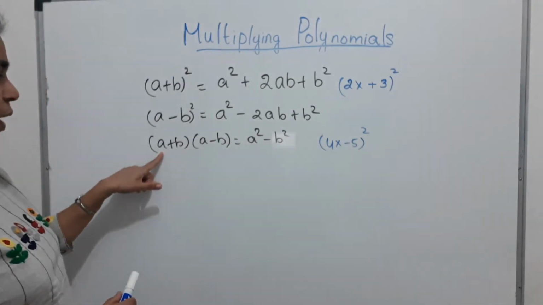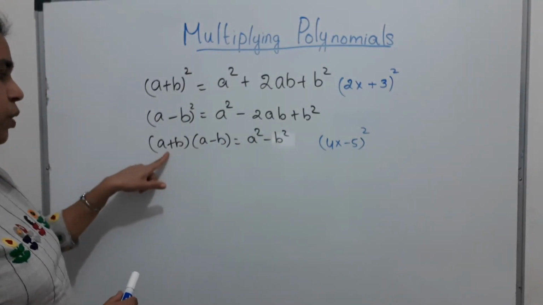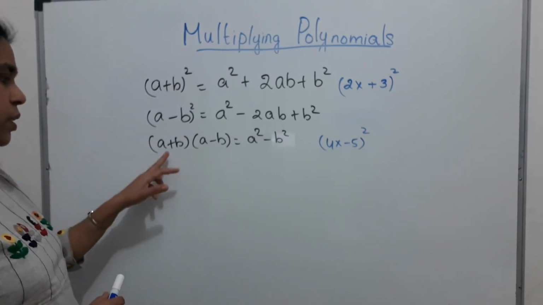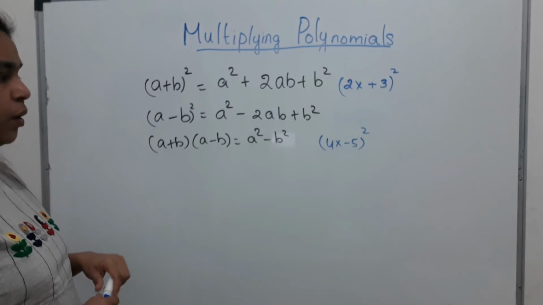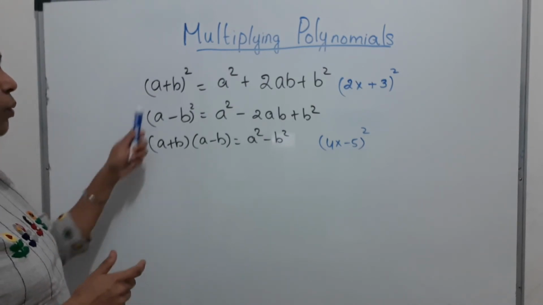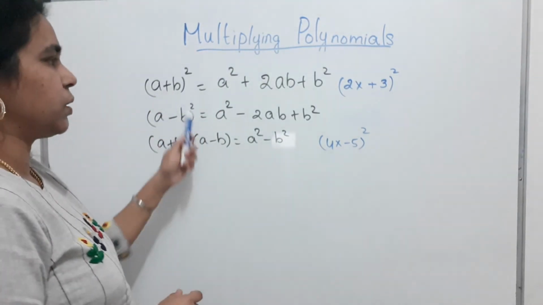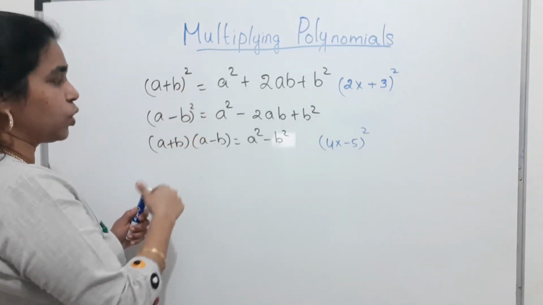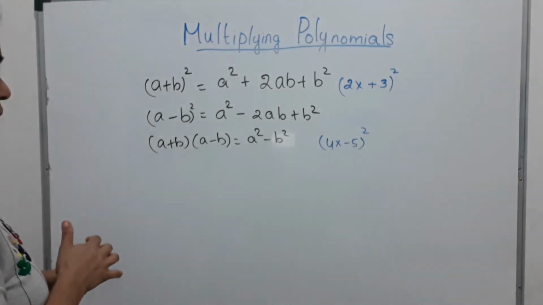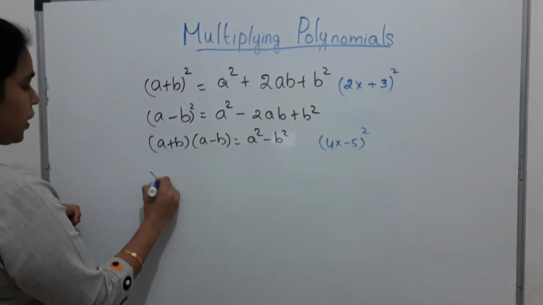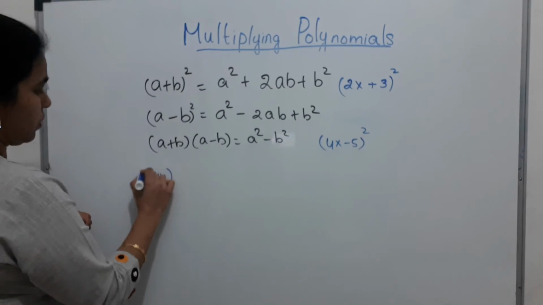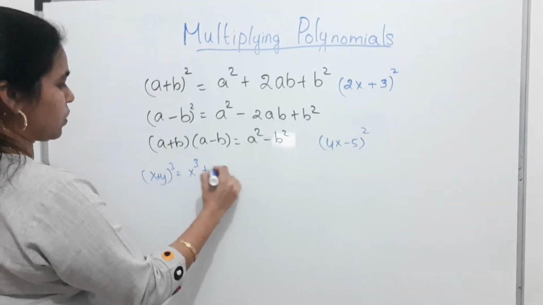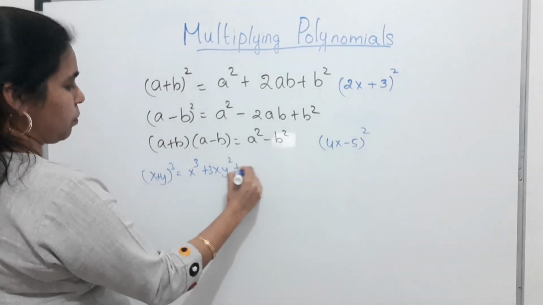In this case, you will have the same numbers, but different signs in the brackets. This one has plus, and the other one has minus. So let us see how we can expand it using these formulas. This is for squares, and for cubes there is also a formula. So this is actually (x + y) the whole cube is equal to x cube plus 3xy square plus